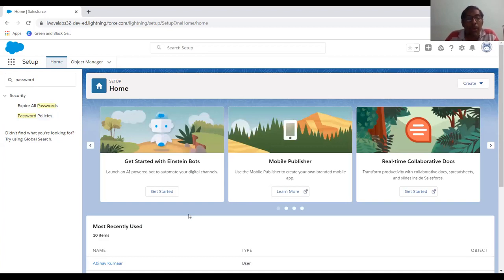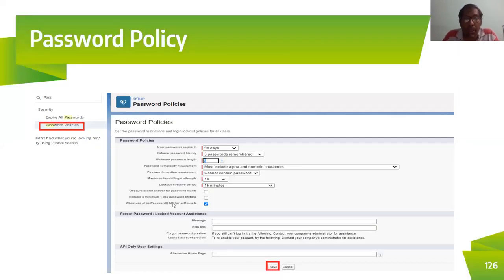For the password setting, you have to go for password policy. Go to Setup, Home, and under Home we have the quick find box. In the quick find box, you're going to enter password. The moment you do, you can see the password policy displayed here. Click on this link, it will take you to the password policy, and then you can edit the page, edit whatever details you want, and finally save it, by which the password policies will be set according to the company requirements. Based on those rules, you're going to coin your password, right?